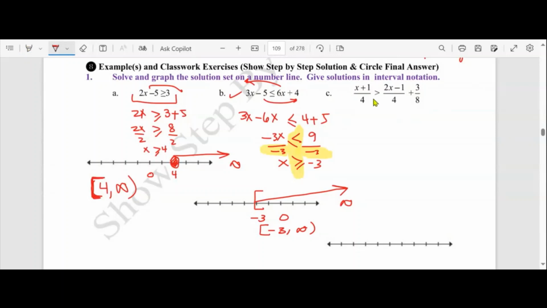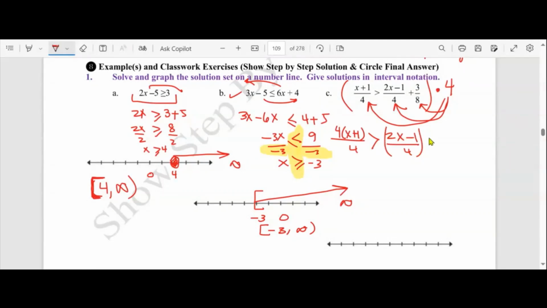Now, what about this one on the right side? Hamra, what should I do here? Multiply the whole thing times what? Why? Very good. How many times do you have to multiply? 3 times. Okay, whoever is not paying attention, please pay attention now. Cancel the 4 with the 4, cancel 4 with 4, cancel 4 with 8, you get what? 2. So what will be your answer? x plus 1 greater than what? 2x minus 1